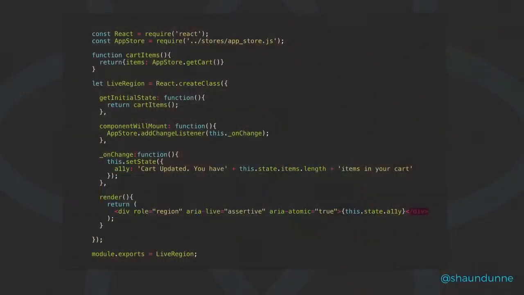So I was trying to think of a good use for ARIA states, and the one I came up with recently is that I've been building the new shopping cart for Botica at the moment, and I needed a way to let the screen reader know that the cart has been updated and how many items were in the cart anytime a user clicked add to cart for an item. For this, I'm using Flux at the moment. It was kind of just a proof of concept. It's not the thing that's going to end up live on the site.